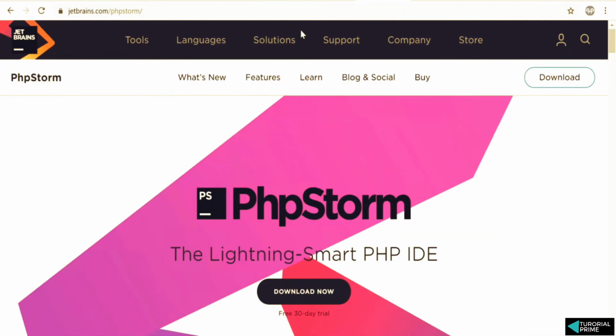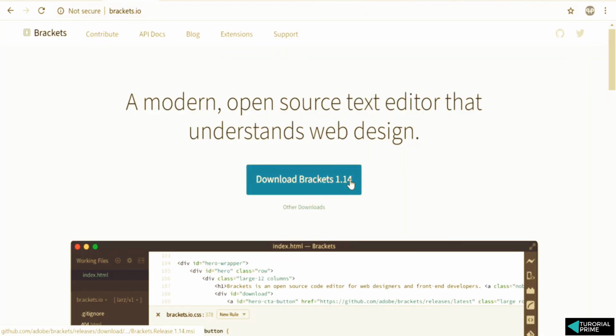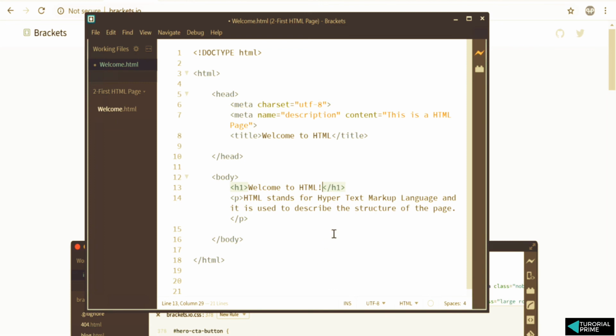One thing to note is PhpStorm is a paid version and the rest are free to use. So make sure you have the IDE and also a browser, any one of them installed, so that in the next part of the course you know how to write the program and execute them. Make sure you install them before you start the course.